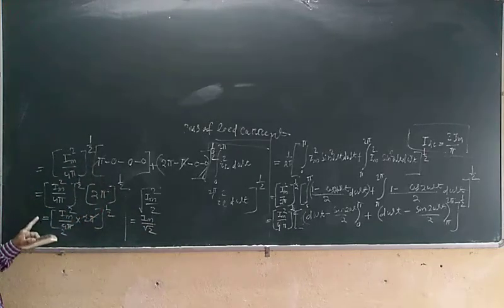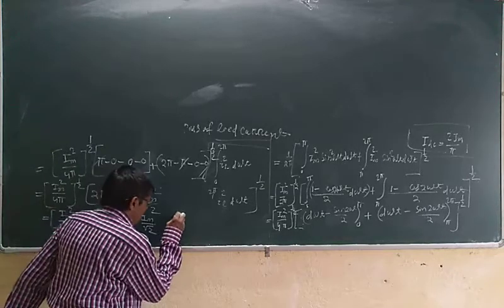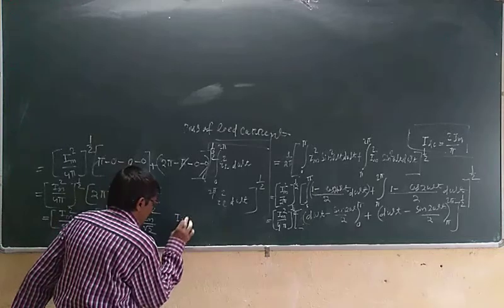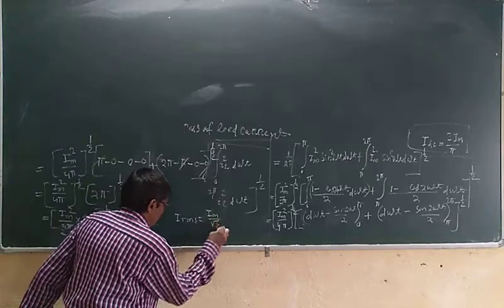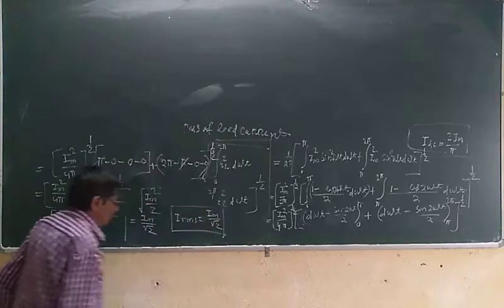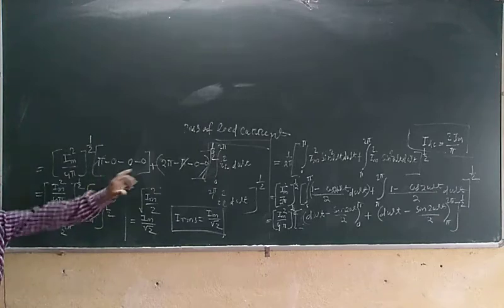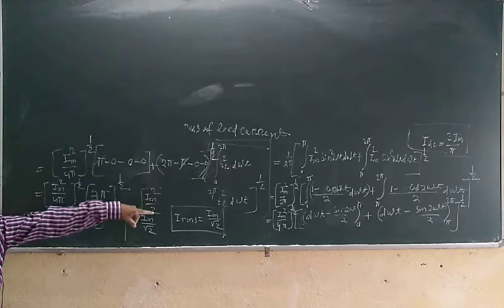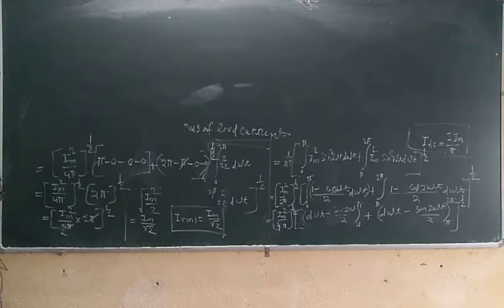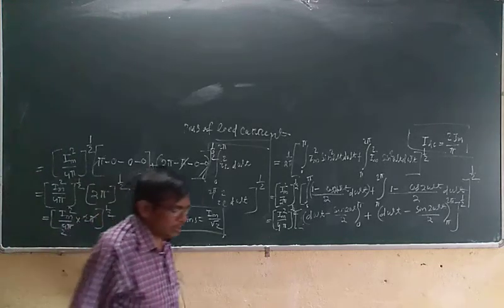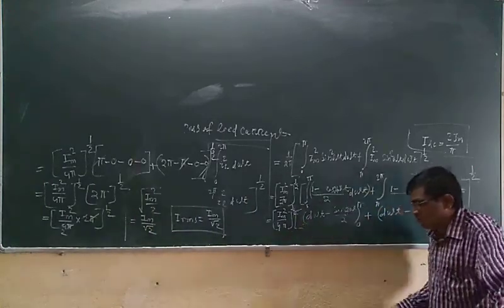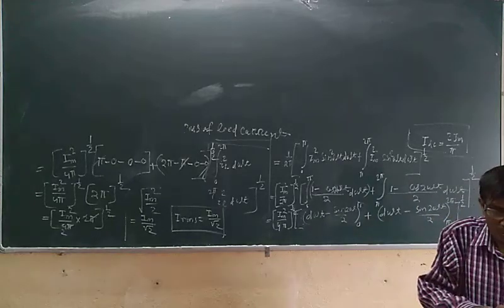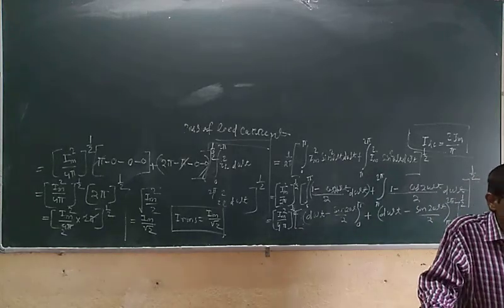Now this is the RMS value of the AC current in the output of a rectifier, that is IRMS equal to Im by root 2. This is the IRMS value, and the IDC value is 2 Im by pi, and the IRMS value equals Im by root 2. So this is the average value of DC and the RMS value of AC passing through the load resistance. Now we will discuss form factor.